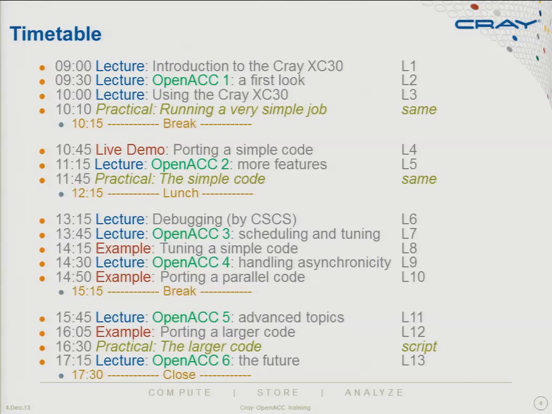If not, I have a worked example where I go through taking a simple code and putting in OpenACC and running it, showing how the performance changes as you go through the porting process. It's a very simple code. I mean, it has to be if you're doing it in a demo. And you'll notice that it's very early on in the day, just after the coffee break. And the reason for that is that